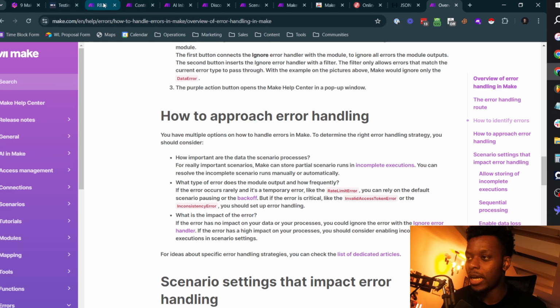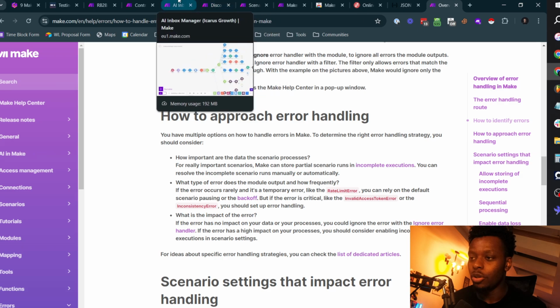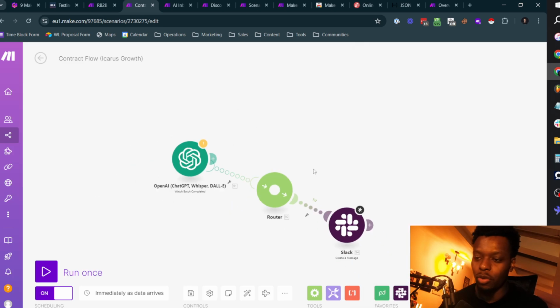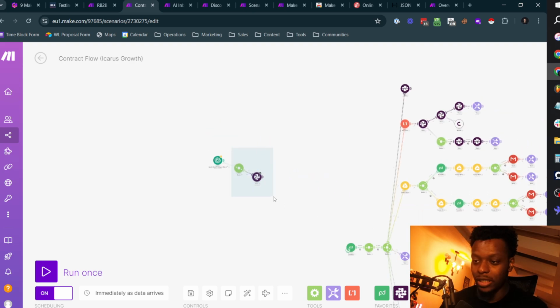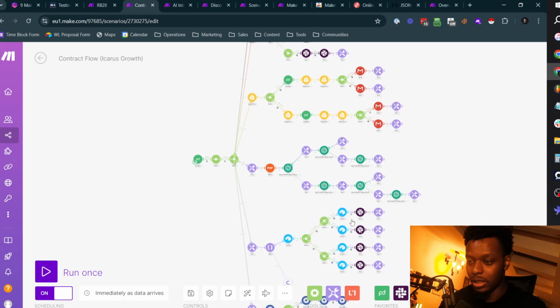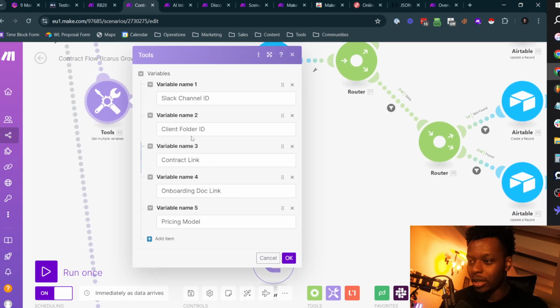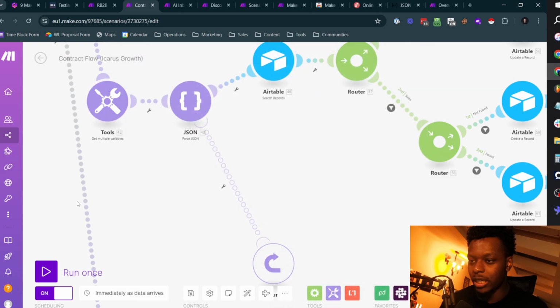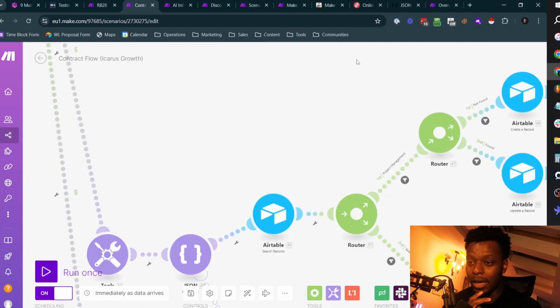So when you error handle in that case, especially for AI, sometimes you don't want to stop the scenario and you instead just want to make it so that the next time this runs, or when this continues to run, you just omit whatever the AI was trying to do and you give a replacement. And this is something that I've done even inside of this automation itself. So if I come off of this and go all the way down here, what I've done is I'm getting a pricing model, which is a JSON string, and I am passing that JSON string. And if what was created by AI was broken,